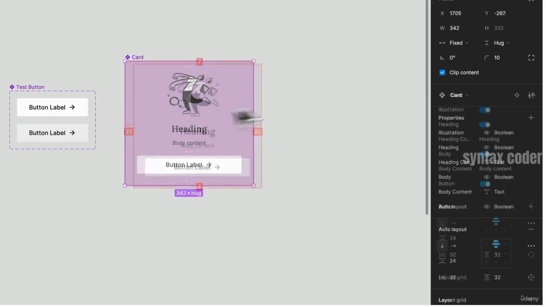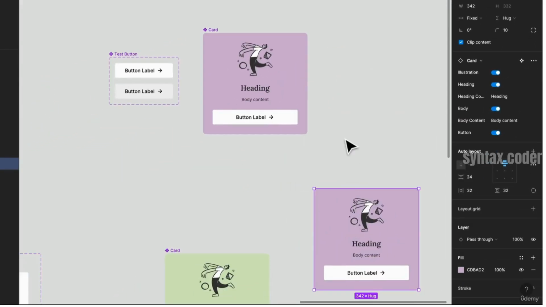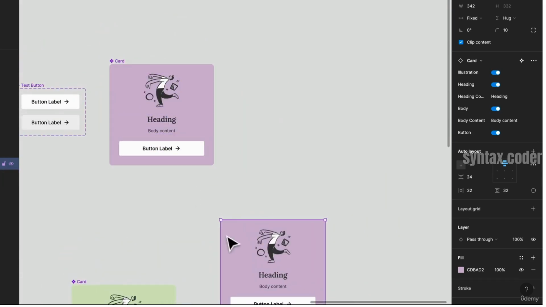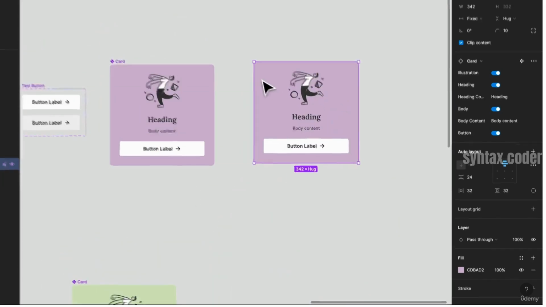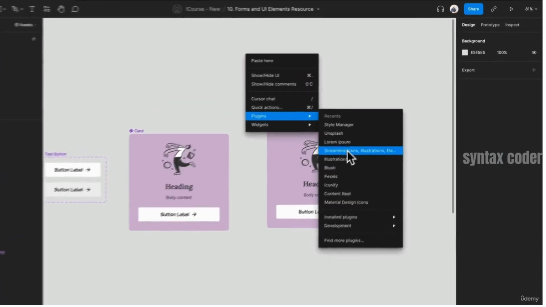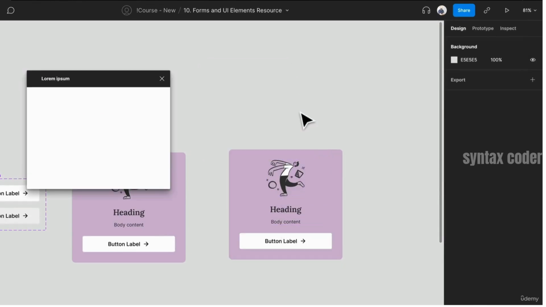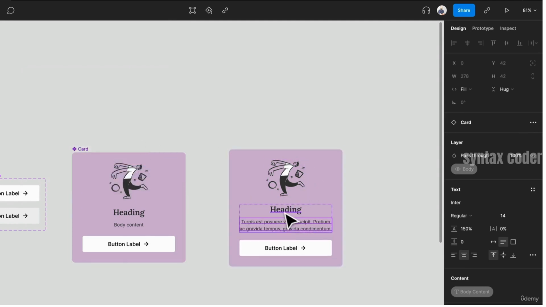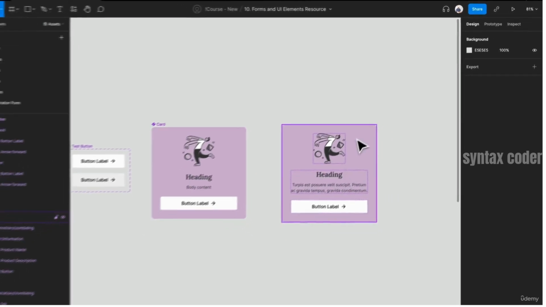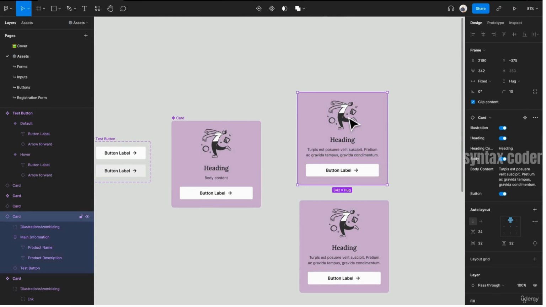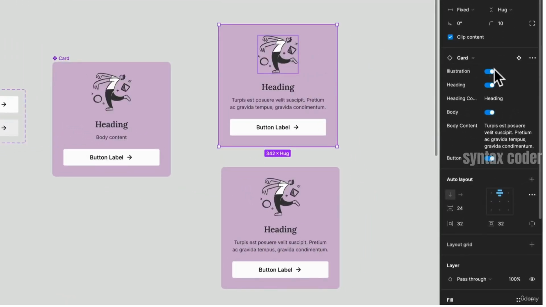So I can shrink it, I can grow it, I can make that instance. So I'm just going to hold down Option, or in your case, if you're on Windows, that's going to be Alt. So I have this variation now. And now I'm going to use my Lorem Ipsum plugin. I can generate some text there. And okay, so now I can go ahead and make copies of this instance, but I can also start saying,